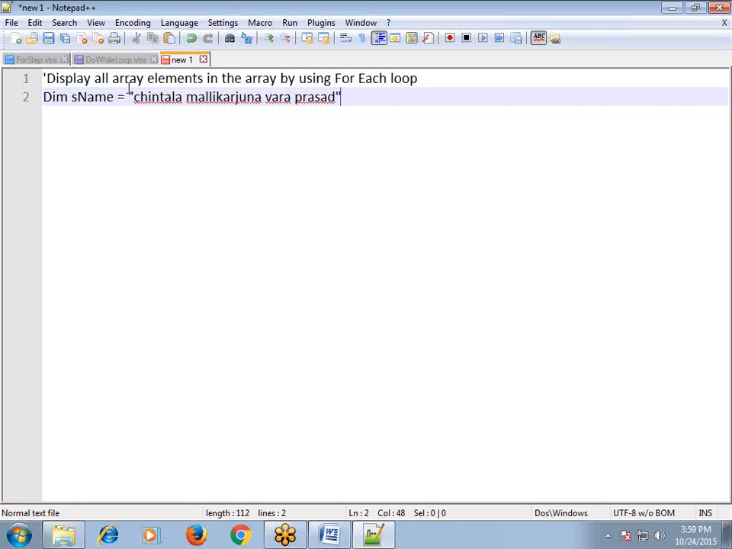Okay, this is my full name. Now what I am doing here, I am going to split this string using blank space. It is one string. This string contains how many blank spaces? 1, 2, 3 blank spaces are there. So using these blank spaces, I will be splitting this string into an array by using this